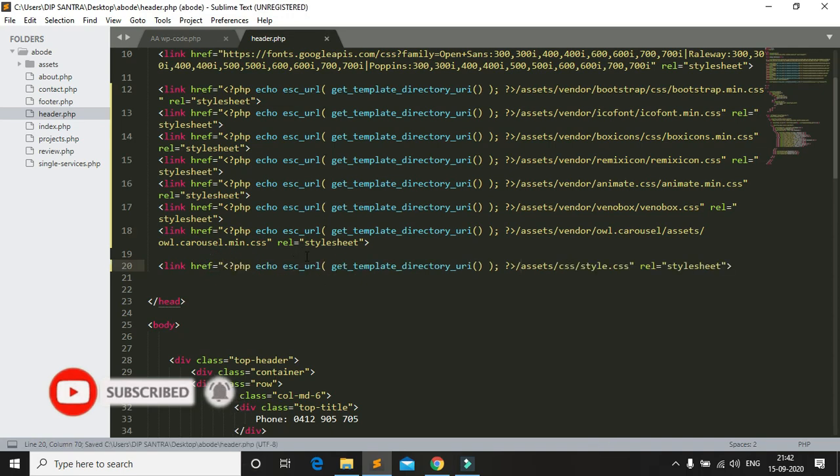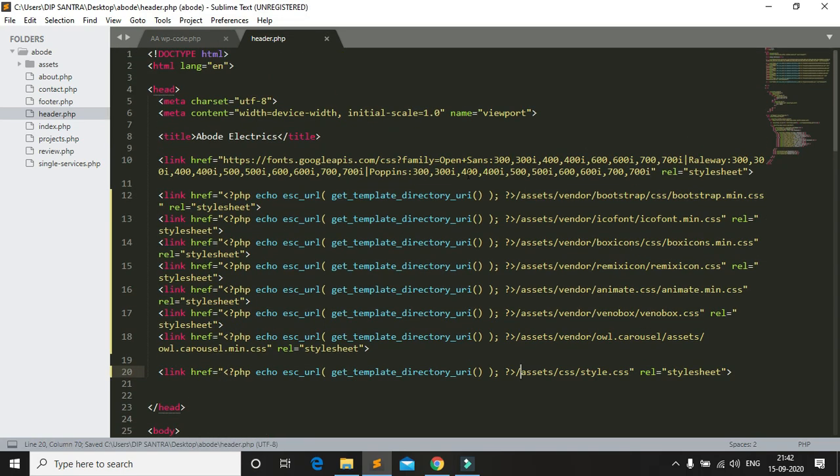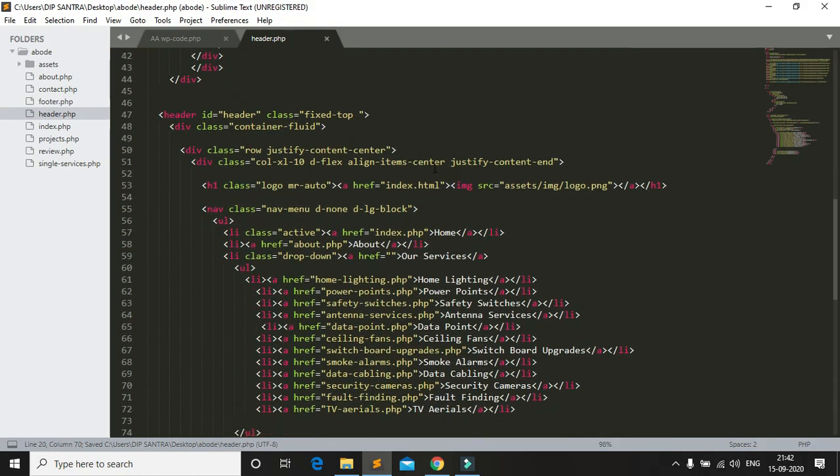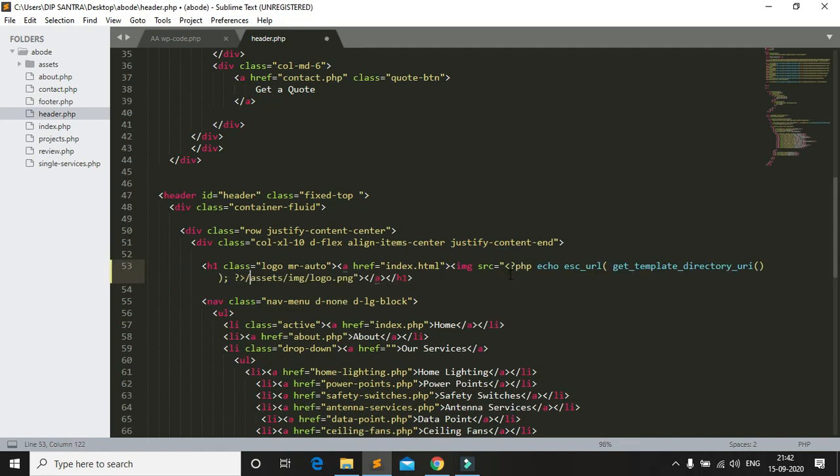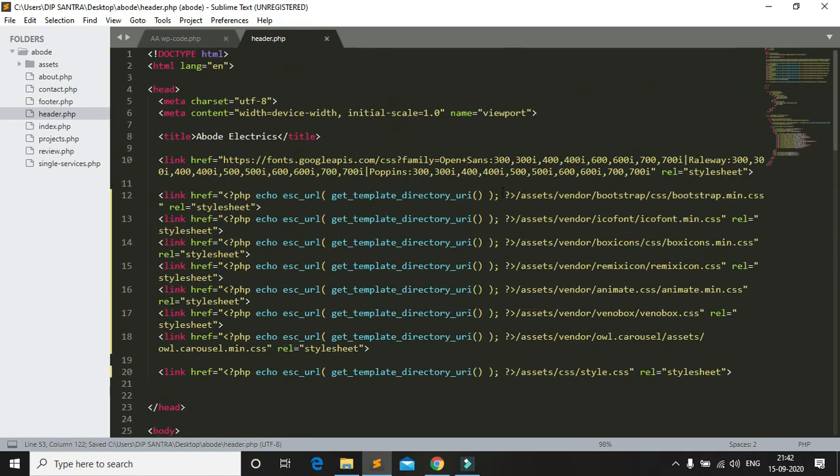Okay, so the CSS file is linked already, and for the logo, where was the logo, this is the image, and I paste the code here. Okay, so the header is complete.